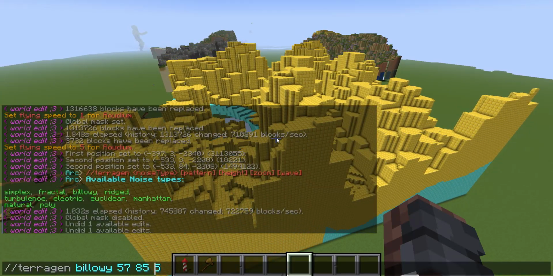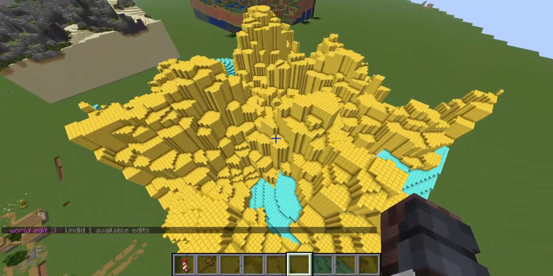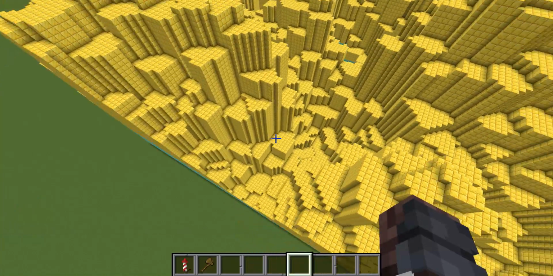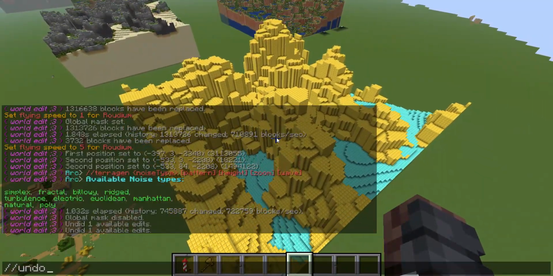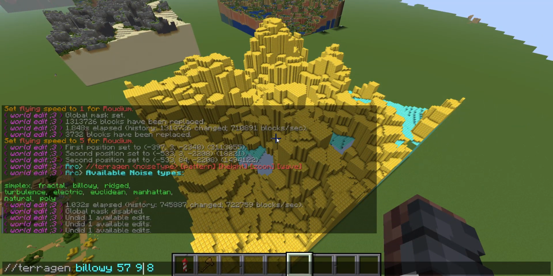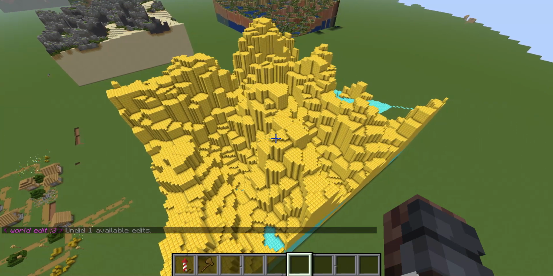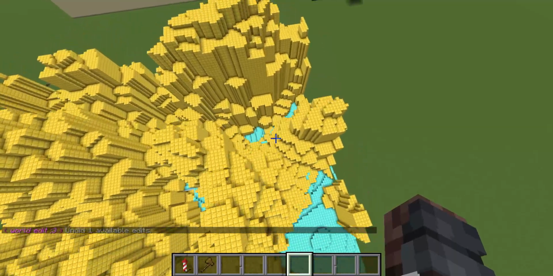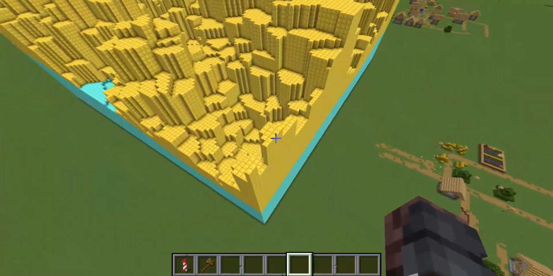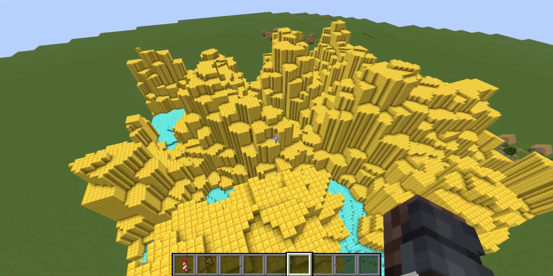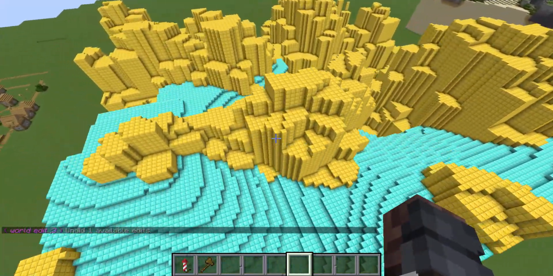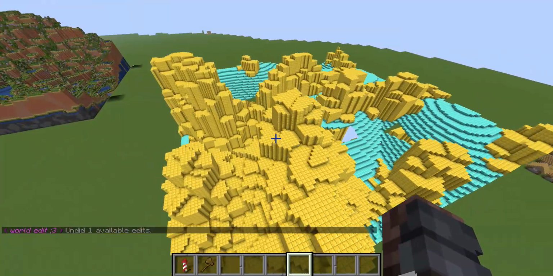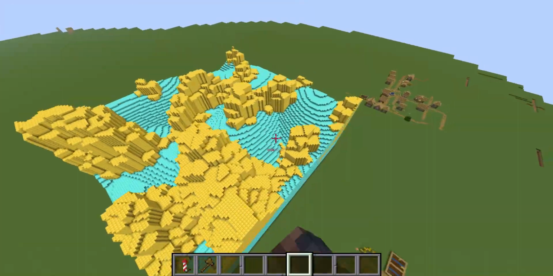Still a bit too low for me. Let's change the zoom level. Really? It's still there. Do 120. Alright, there we go. Sorry about that. Sometimes it takes a little